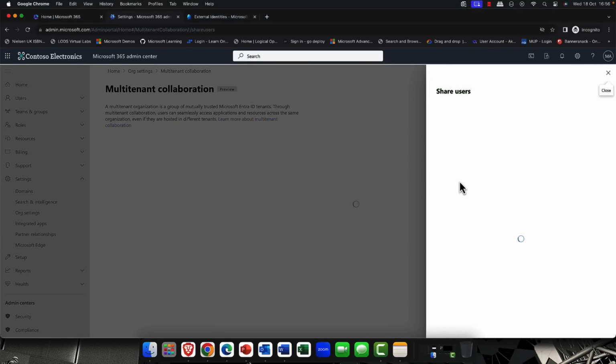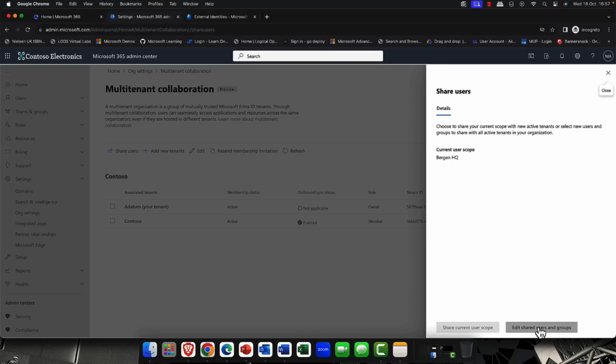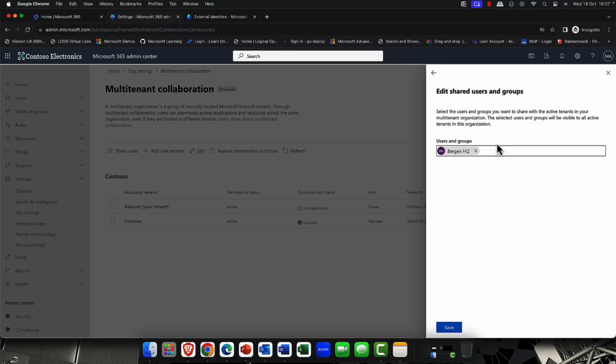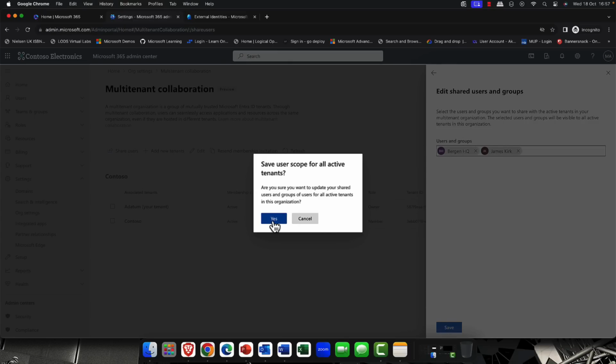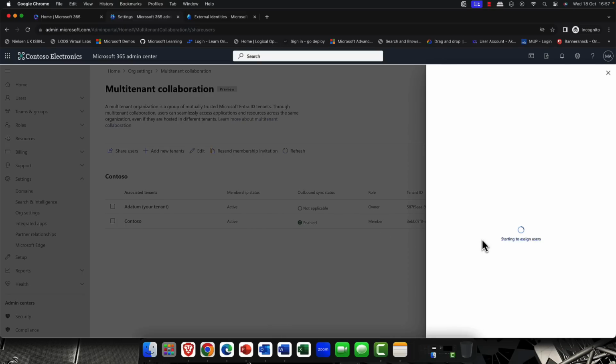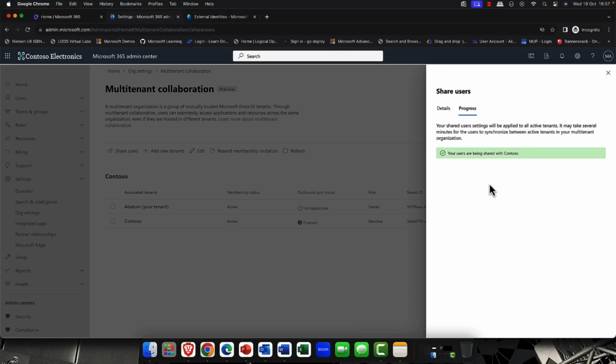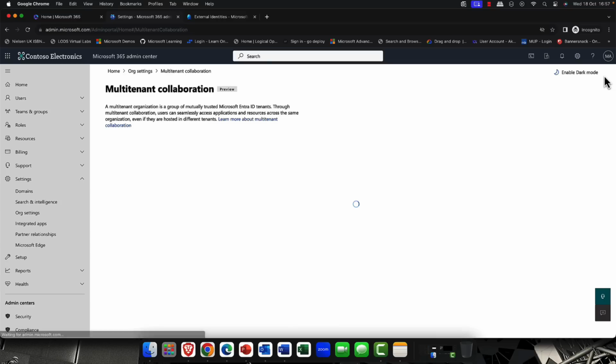So now I can say, do you want to share out any users? So, of course, you could do this for many users, but in this example, I'm going to keep it simple. So I'm going to come in here, and I'm going to type in, as you may know, I'm a bit of a Trekkie. So I've got a user here called Captain Kirk. So I'm going to bring in Captain Kirk from this tenant, and I'm going to say, yes, I'm going to share Captain Kirk with my other tenant? So again, that will then start to sync.